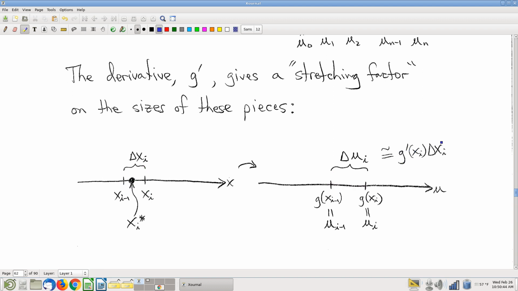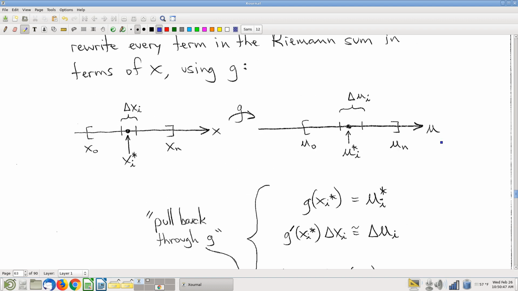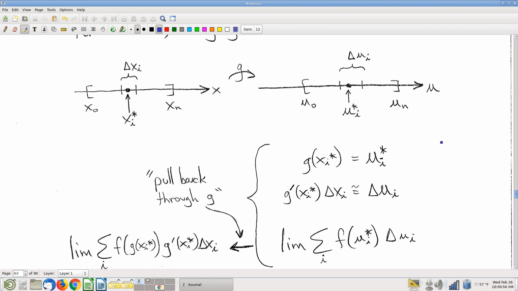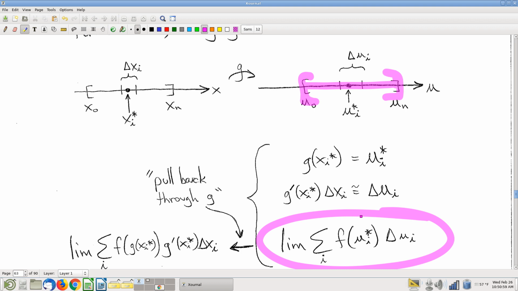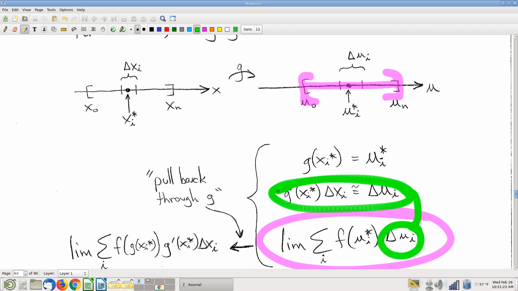Okay. So, with all that groundwork laid, observe if you have a Riemann sum over here on the interval on the u-axis. Everything that we have written over here in this Riemann sum, all the algebra in here, it's all in terms of u, but all these things in terms of u I can rewrite now in terms of x. So it's just sort of an observation that, for example, delta u, there's our formula for delta u. It's g prime of x delta x,